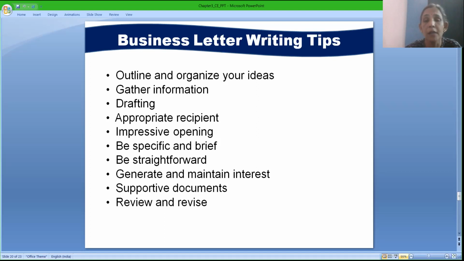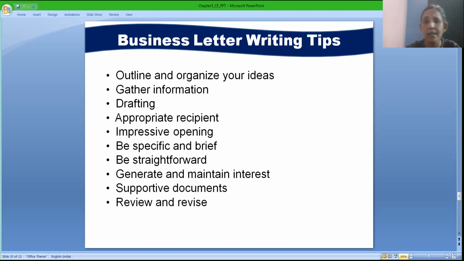Start with a great opening. If you are not going to open it in a good way, nobody is going to read your letter. Nobody has that much time to read in detail each and every word, each and every point of the letter. So always remember, the beginning of the letter should be good. When you start well, it is going to end well. If you do not start well, trust me, it is never going to end in a proper way. So start it in an impressive way so that the person, while reading the letter, should feel happy, delighted, and enthusiastic in reading the complete information shared in the form of the letter.